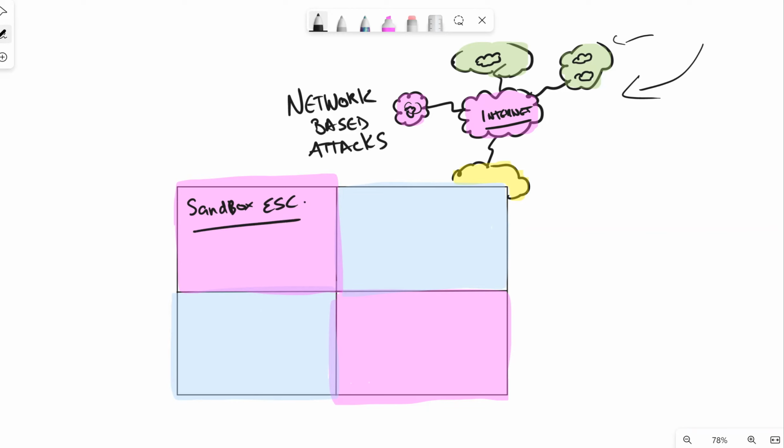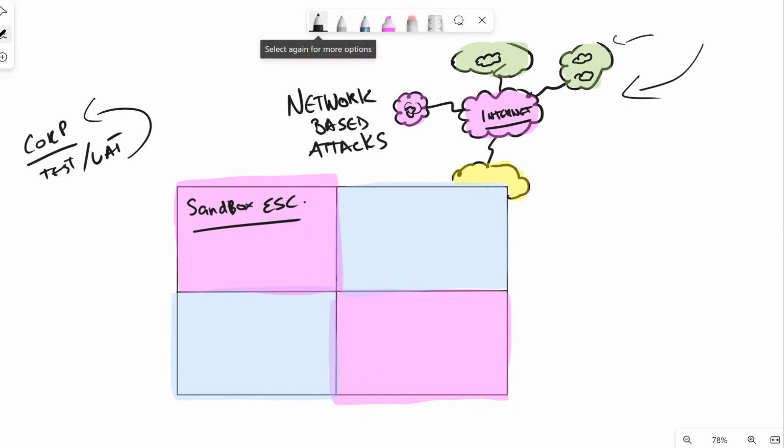So typically, as we have our corporate infrastructure, we may have a test environment and a UAT environment where we'll test certain functions and features across our development environment and our corporate environment, and then they'll make their way into our production, I'll say prod, and things like that, where the infrastructure will go through stages before it gets deployed into our corporate and production environment. So think of a sandbox environment as a safe environment where we can go in and